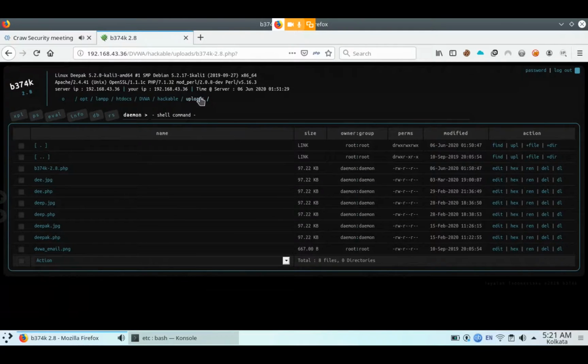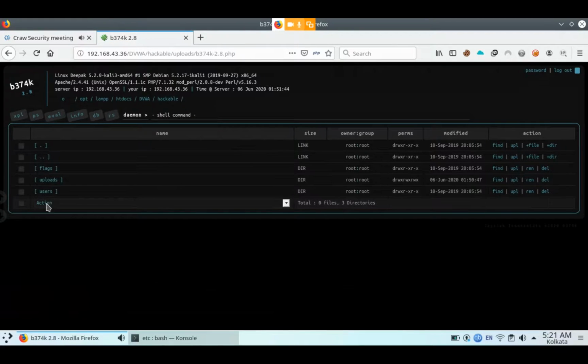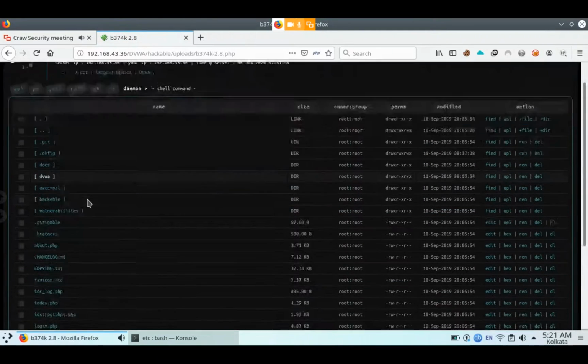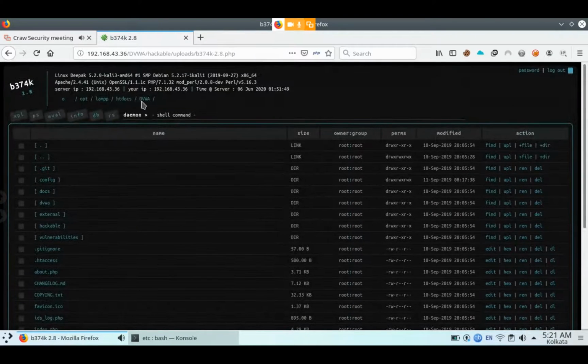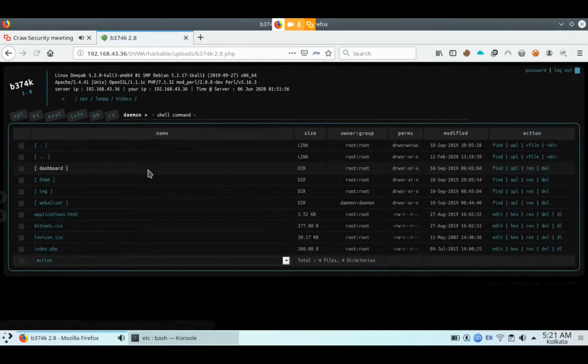Here is the uploads folder, where you can see all the uploads. When you click on hackable, you can find user actions and many more things. In the DVWA folder you can find the config file, hackable file, htaccess, and more. Click on htdocs, and you can find DVWA, web analyzer, and all the things here.